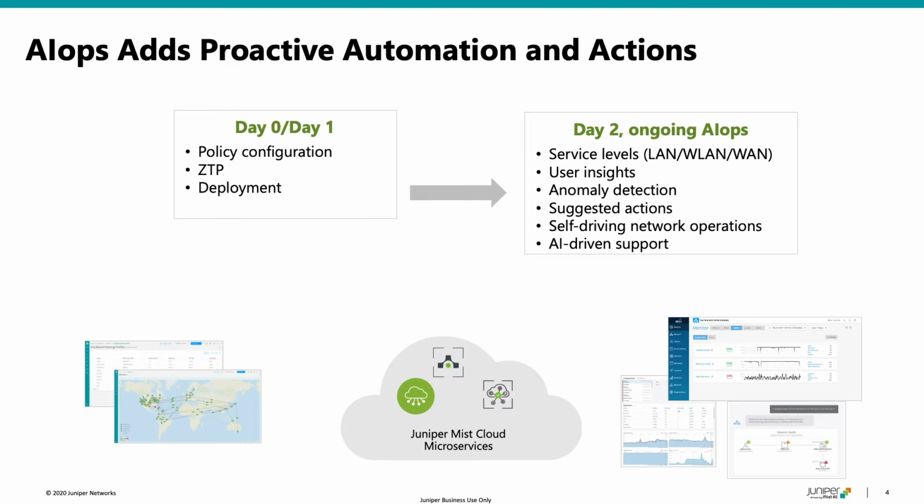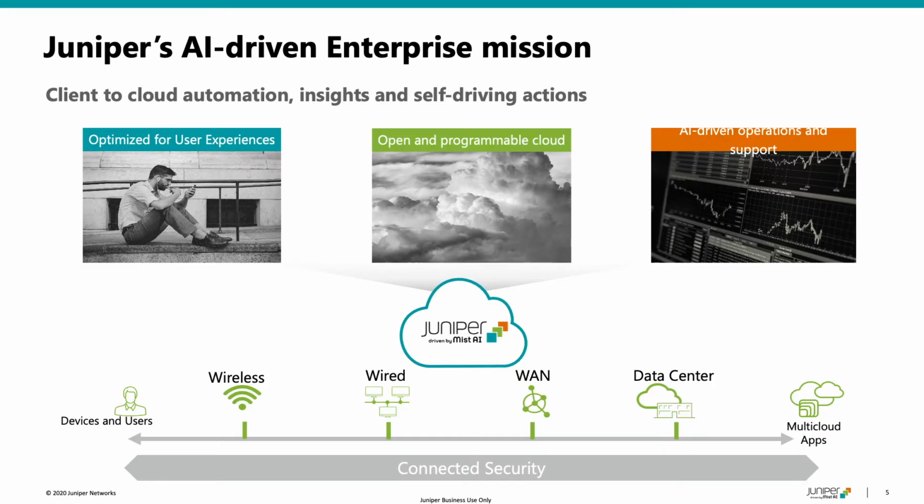You do things like AI-driven support. So again, if someone's having a bad WAN issue, you can auto-correct that before they even know there's a problem. This is what AIOps is. This is what the AI-driven network does. And this is actually what Juniper is leading in terms of the equation and leading this transition.